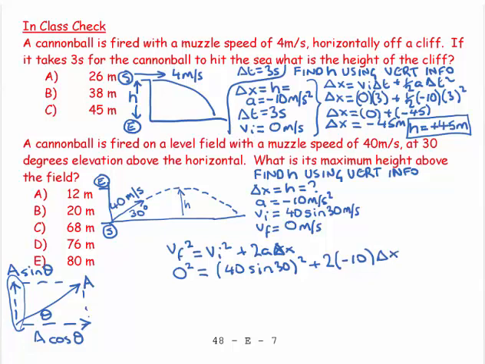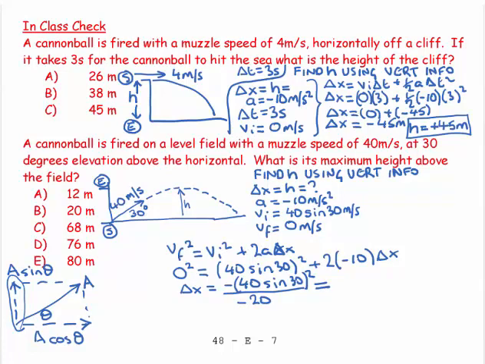Delta x is what I want to find. So delta x is equal to minus 40 sine 30 squared, because we take it to the other side, and we're going to divide it by minus 20, which equals,